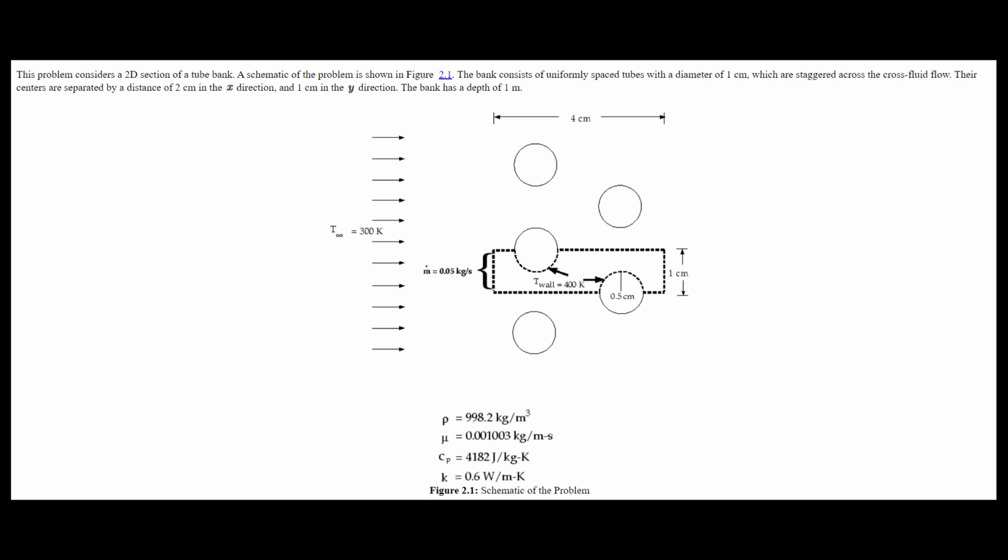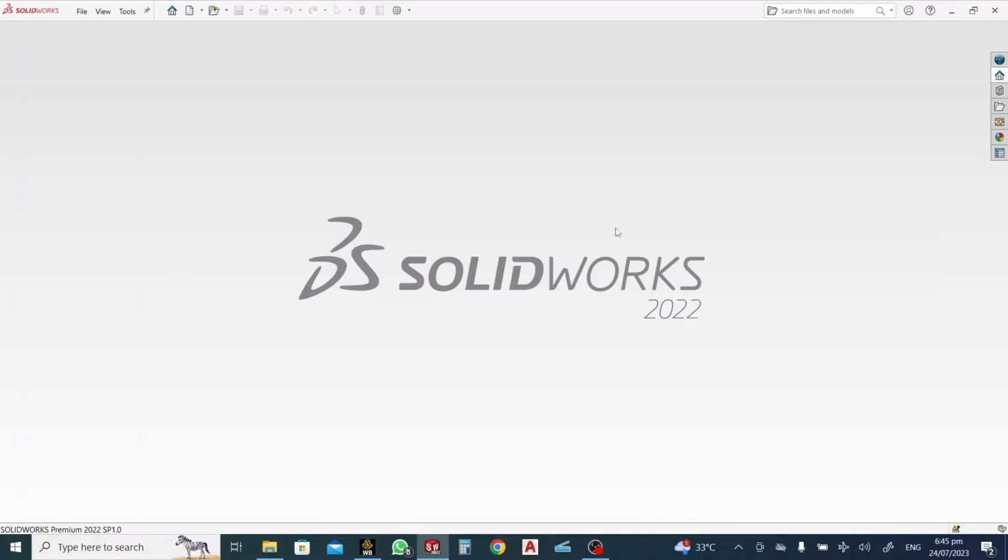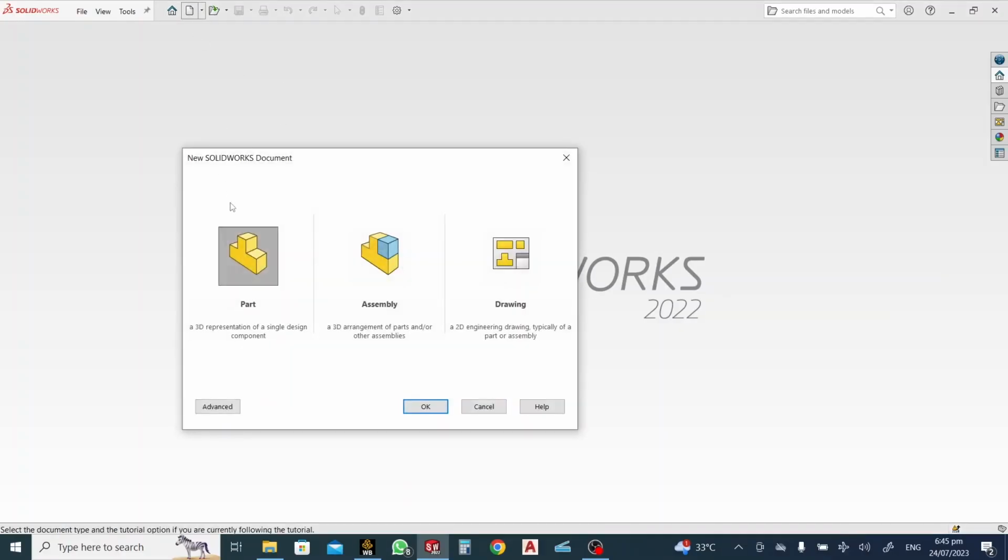of a tube bank. A schematic of the problem is shown in the figure. The bank consists of uniformly spaced tubes with a diameter of 1 centimeter, which are staggered across the cross fluid flow. Their centers are separated by a distance of 2 centimeters in the x direction and 1 centimeter in the y direction. The bank has a depth of 1 meter. Here, the temperatures and all the properties of the liquids are given, along with the dimensions of the tubes, walls, and the complete geometry. Now we will go to SolidWorks,